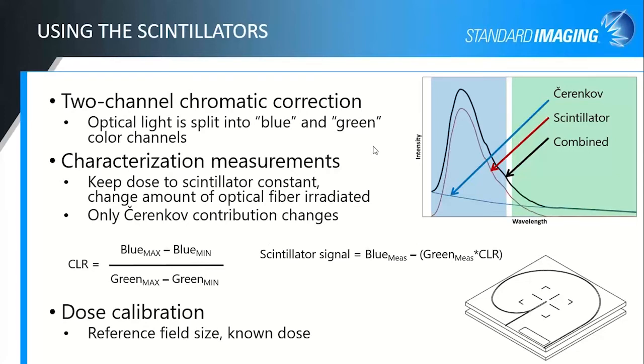There's a question about, is there any reason not to use the W1 cal slab with the W2? No, there's no reason for that. You can certainly do those measurements in the larger fields if you prefer to. The W2 can certainly be used in